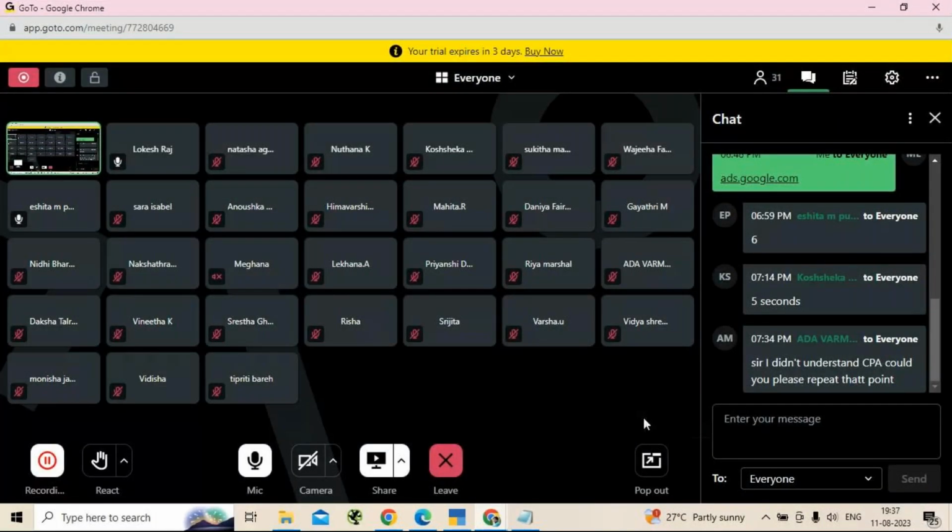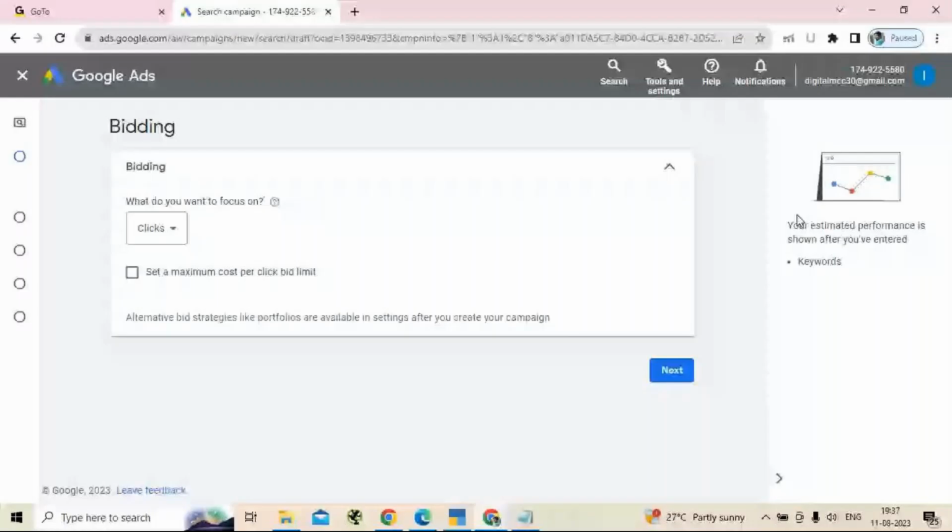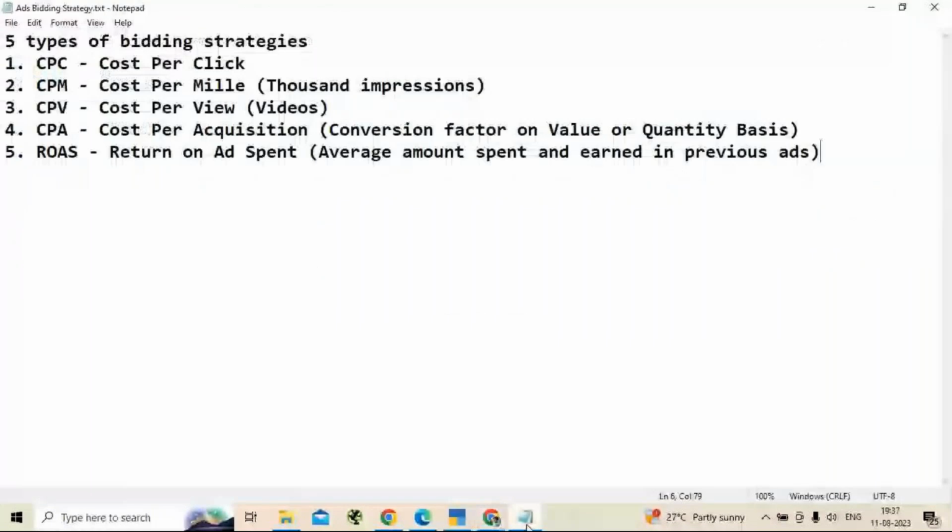Yes. So I was asked to repeat the CPA concept. Okay. Cost per acquisition. It is not charged based on the number of times the ad is shown, that is not with impressions. It will not be charged based on the click. If anyone clicks on that ad, they will not be charged, but only when a sale happens, when they click on the buy now option and the sale takes place.